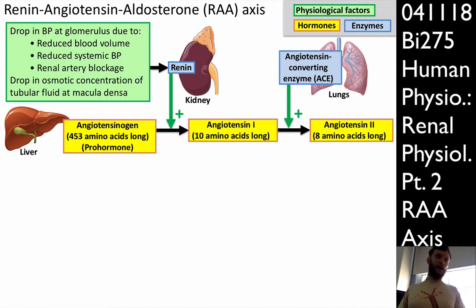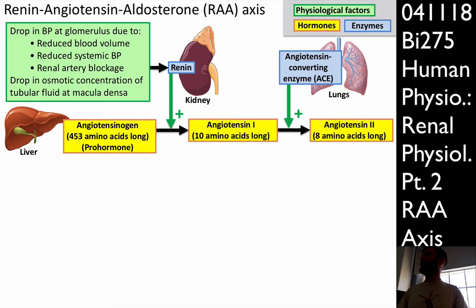The drop in osmotic pressure or concentration in the tubular fluid is picked up by the macula densa, and it causes the juxtaglomerular cells to produce renin. Renin gets released into the bloodstream. Renin is an enzyme that cleaves angiotensinogen. It has protease activity, or peptidase activity, I guess, and